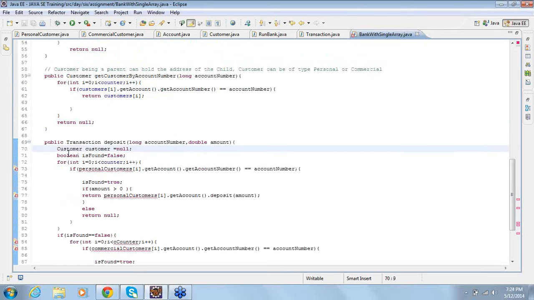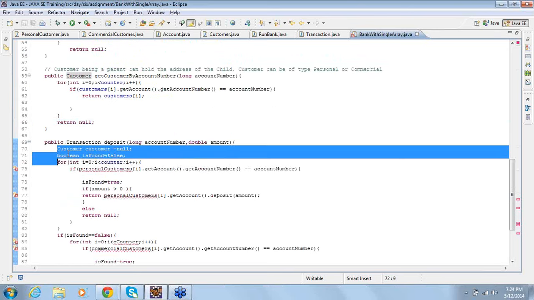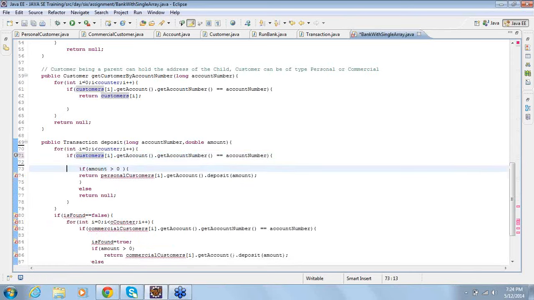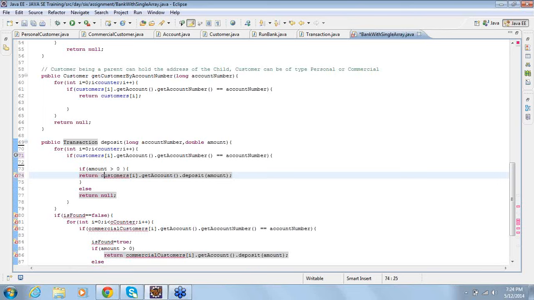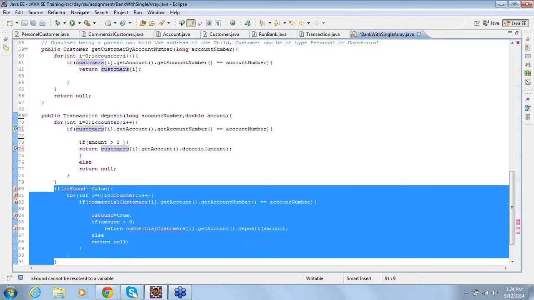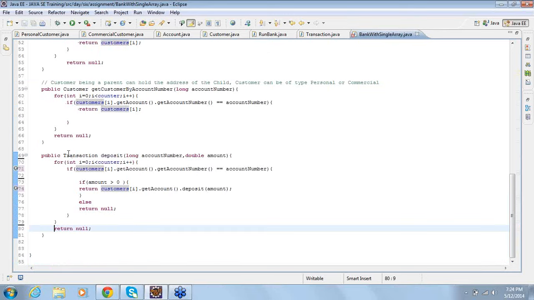Now when it comes to deposit, there is nothing like searching in another array. It's done. Right?